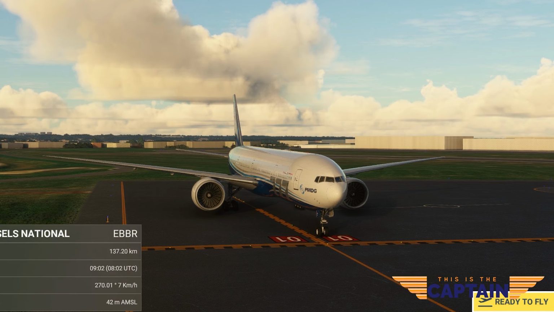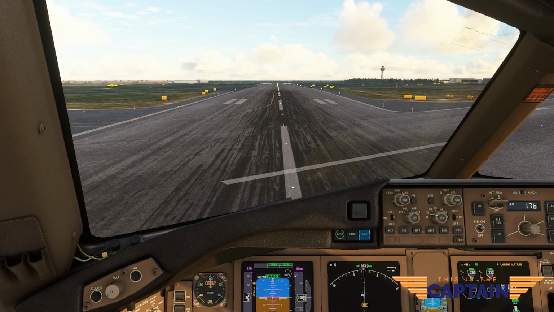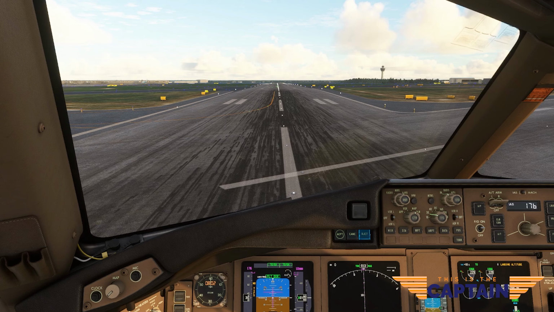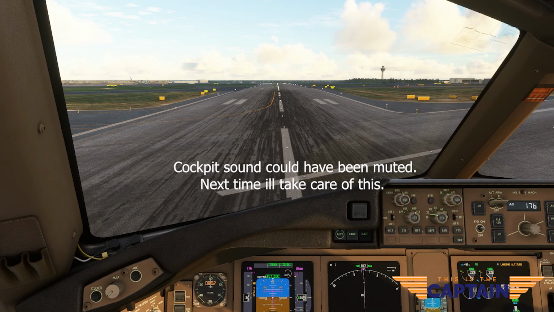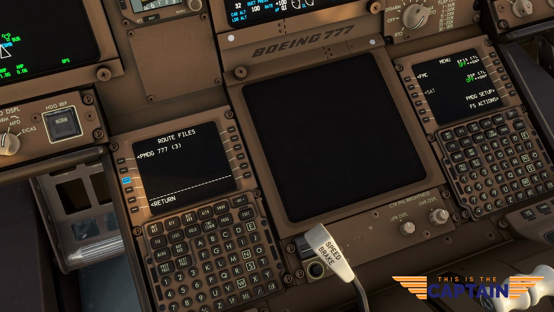The simulator is up. Let's see what we have in the FMC now. So that's my cockpit, and it looks like the parking brake's not set because it's rolling, so I'm going to set the parking brake. Okay, the parking brake is set. Let's look at the FMC. Now what I need to do is fetch the route that I entered and all the flight plan details from the Simbrief dispatch option. So I'm going to do a route request. I have 3 flight plans, EBBR to EDDL, select,